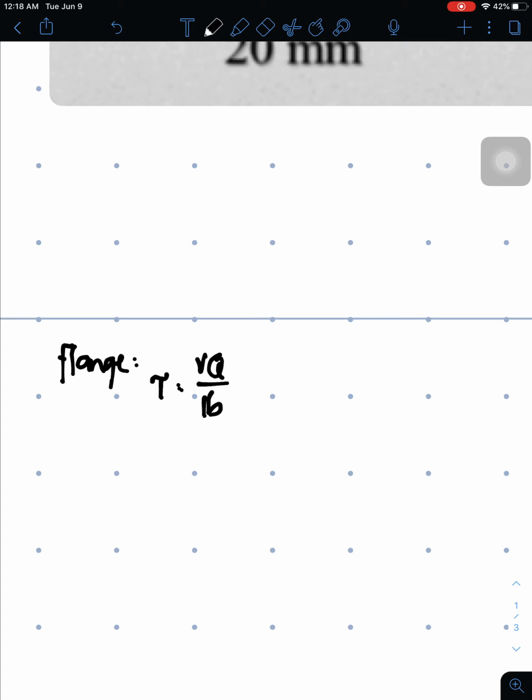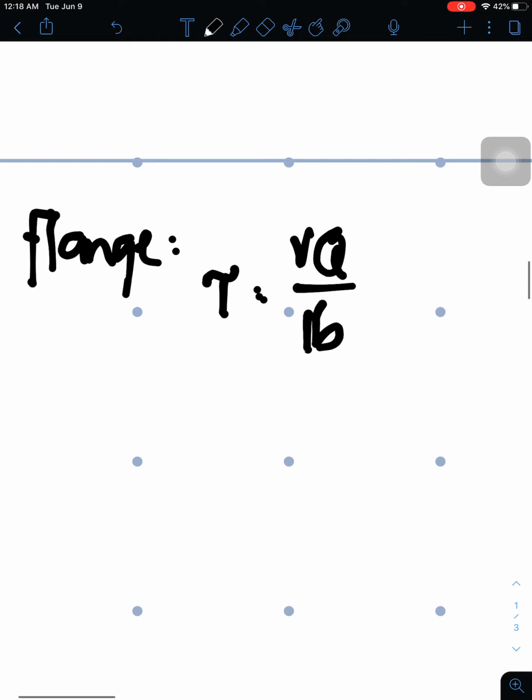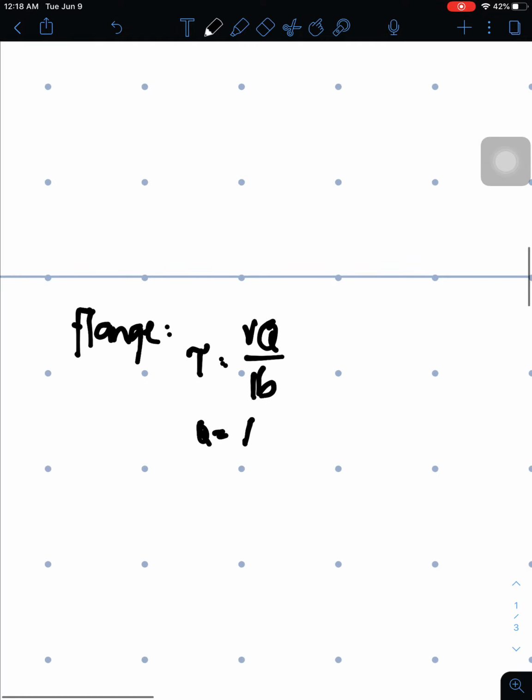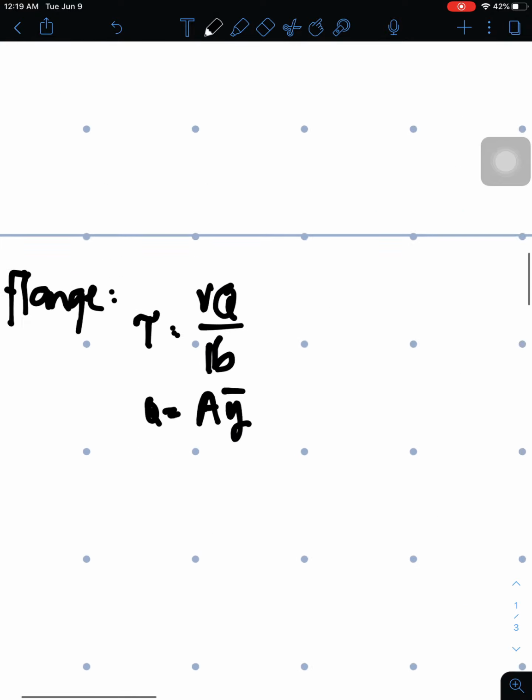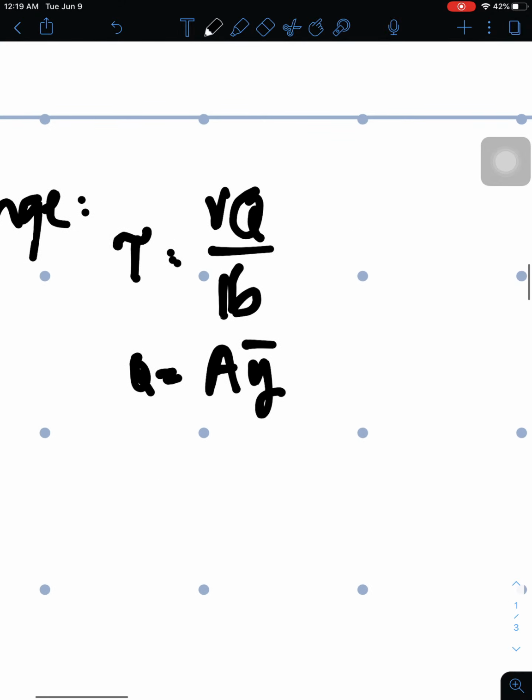And then for the amount of Q, since we are talking about Q, that's actually area times y bar. So it's going to be,